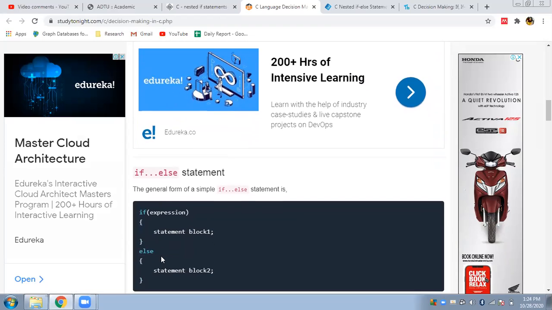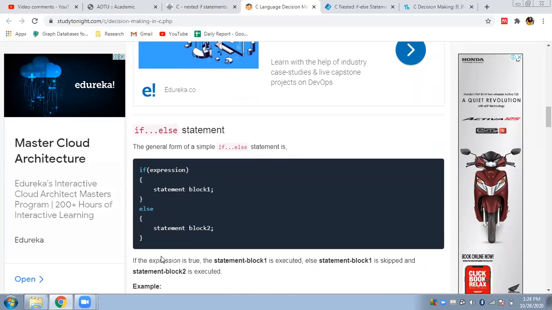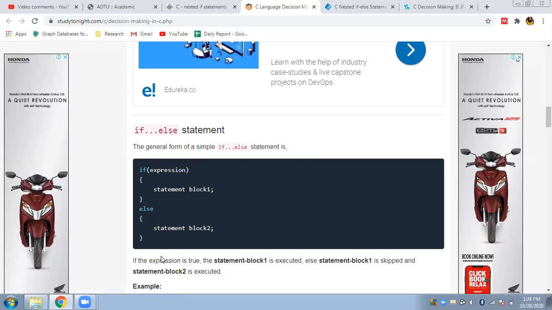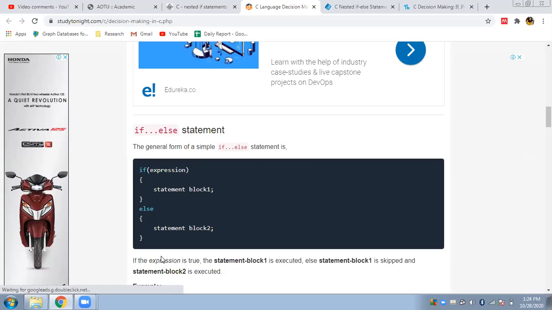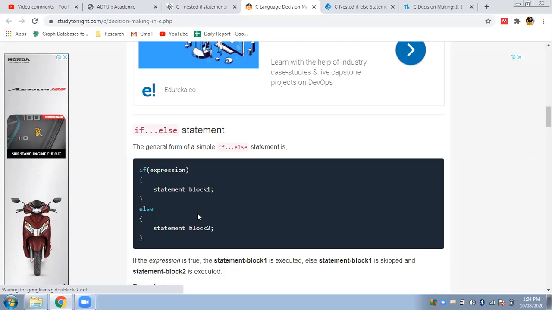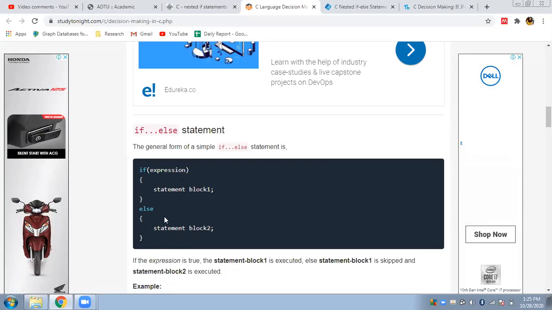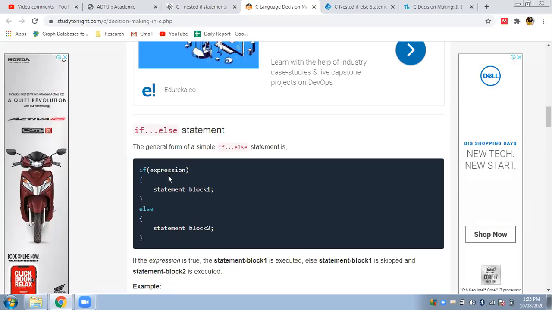Then we have also gone through if else, meaning along with if there is an else part also for the false condition. What if the condition comes out to be false? For that also we have another block of statements. So the if else syntax looks somewhat like this. The beginning is the same. We have a condition here. We check the condition, and always remember conditions are what?